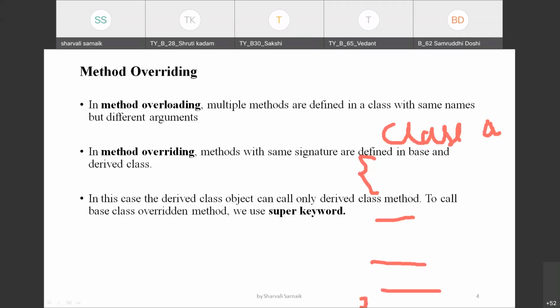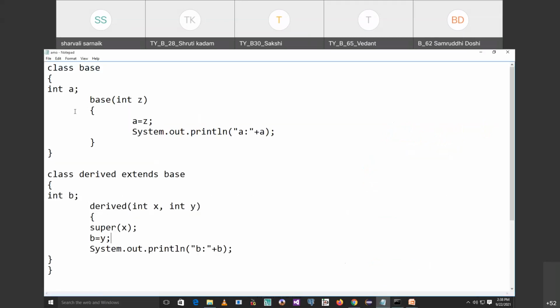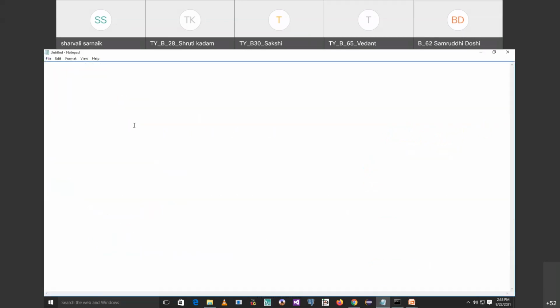For example, let me show you. Suppose I have taken one class ABC, and in that class ABC, there is a function called void display. Now there is another function with the same name, void display only, but the parameters are changing.